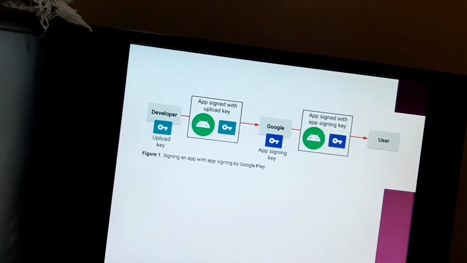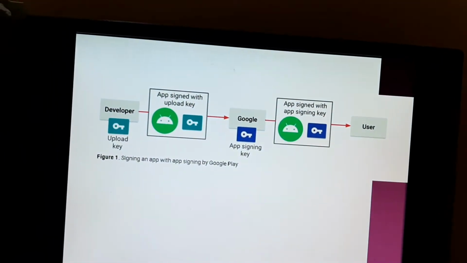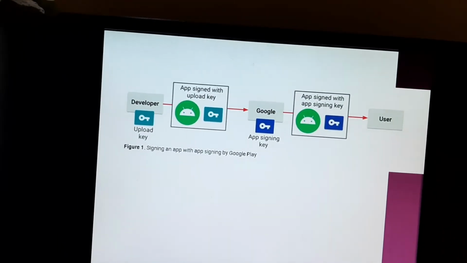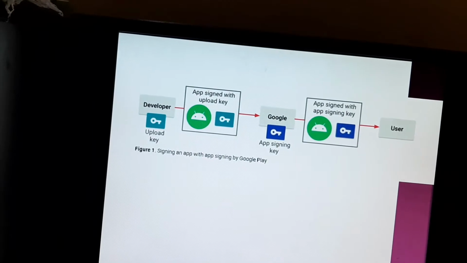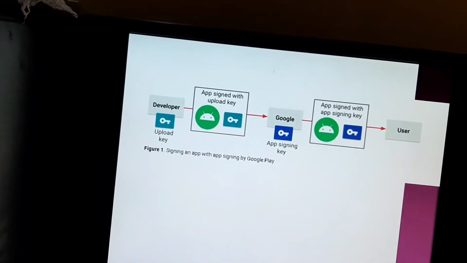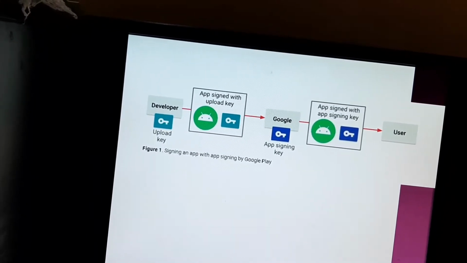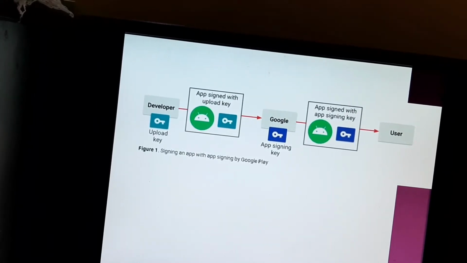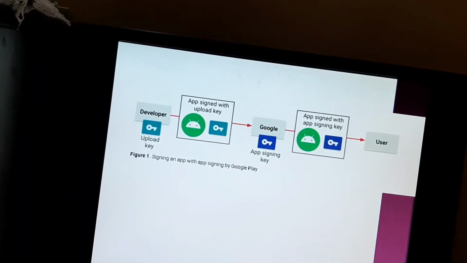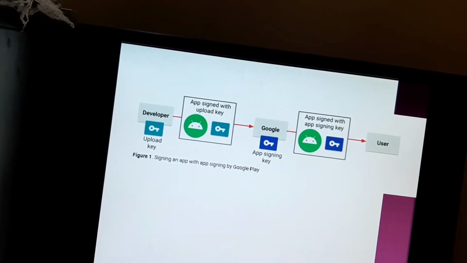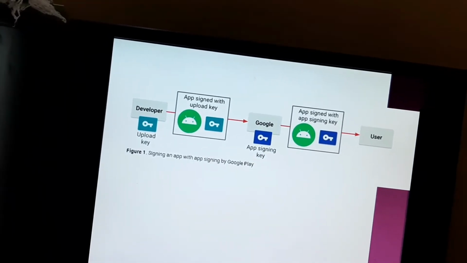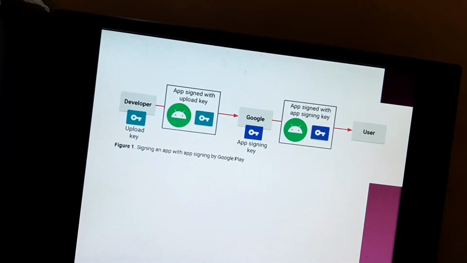When you use app signing by Google Play, if you lose your upload key, or if it is compromised, you can contact Google to revoke your old upload key and generate a new one. Because your app signing key is secured by Google, you can continue to upload new versions of your app as updates to the original app. If you change your upload key, then you have to reset it, for example if you are compromising the private upload key.